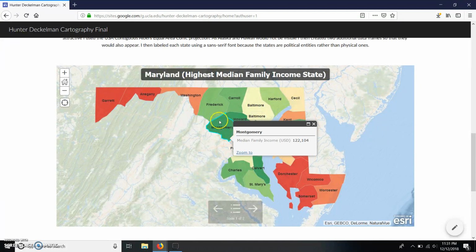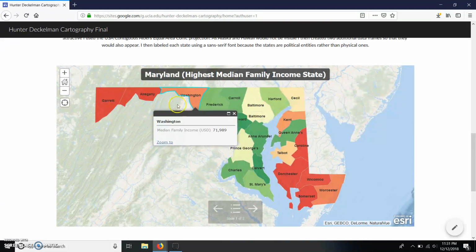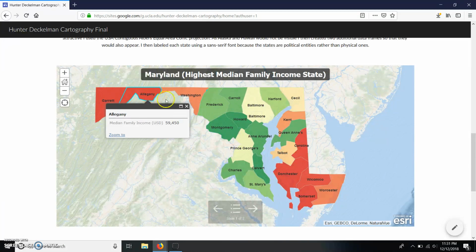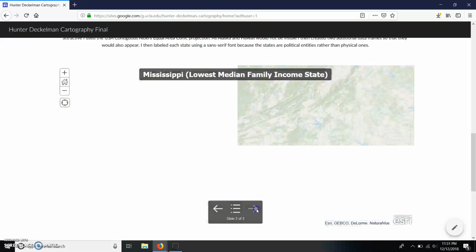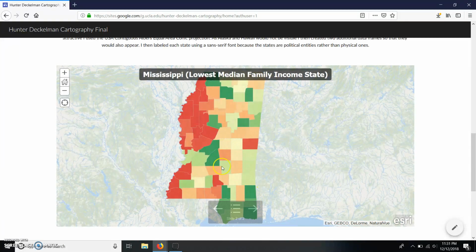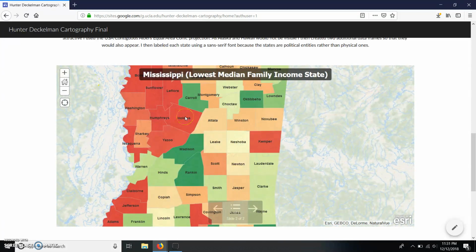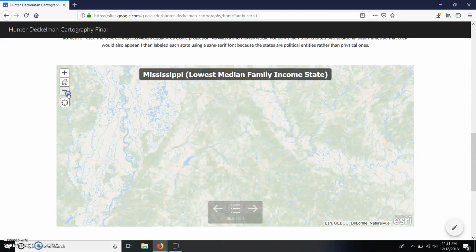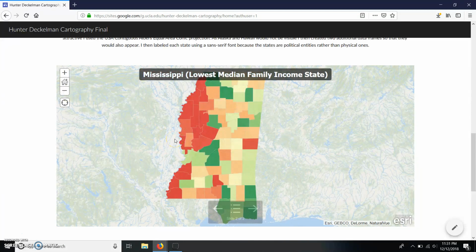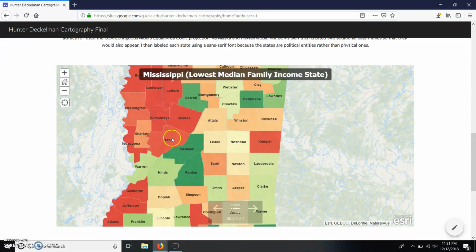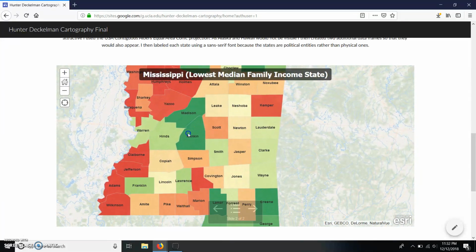What's great is that you can actually click and see exactly what the median income per county is. And likewise, you can do that on Mississippi. One problem I had with Mississippi itself was finding a happy medium for the labels. When looking at the entire state, I could not use the labels because they were just too jumbled. There are 82 counties in Mississippi, so I had to settle on zooming in once. So you can once again see